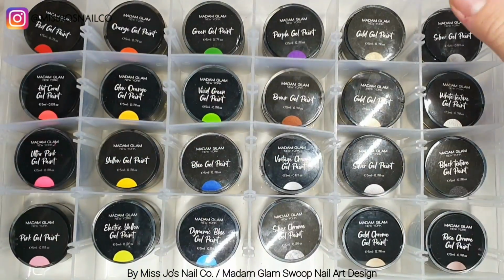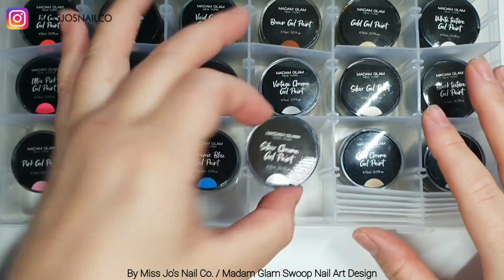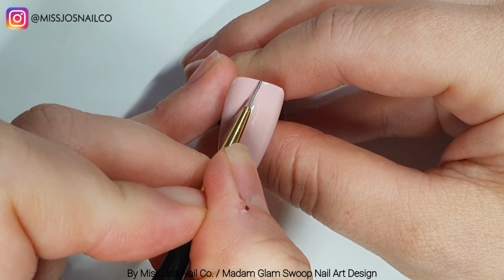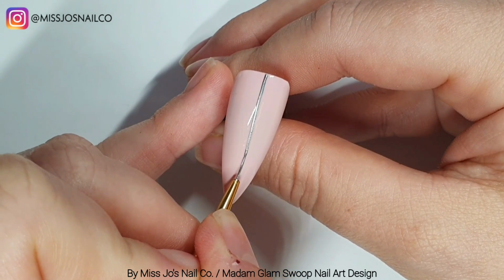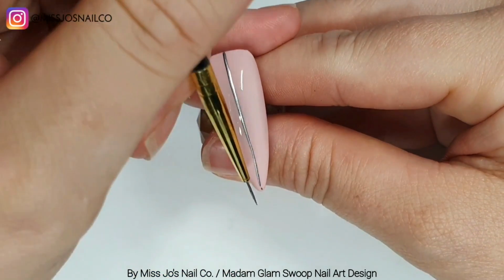Oh, what are we doing now? We're taking the silver chrome gel paint. This is how I keep my gel paints. And I probably just wanted to show how neat and organized they were. Because it's satisfying. So we're taking the silver gel paint and the ultra liner brush, which is also from Madame Glam, and we're going to draw a line down the center. It's wonky,